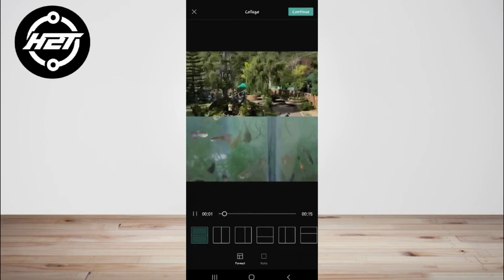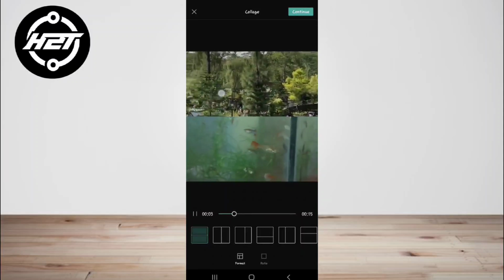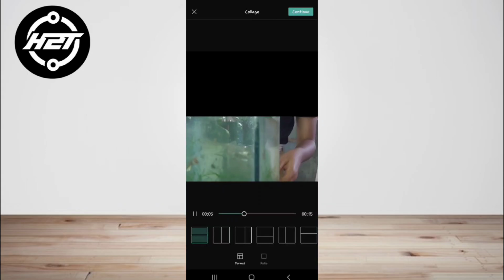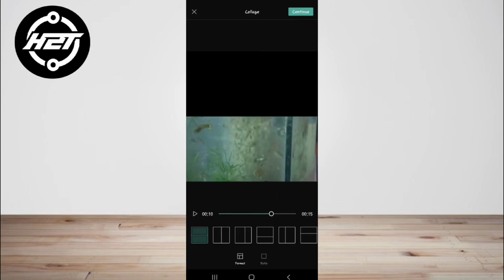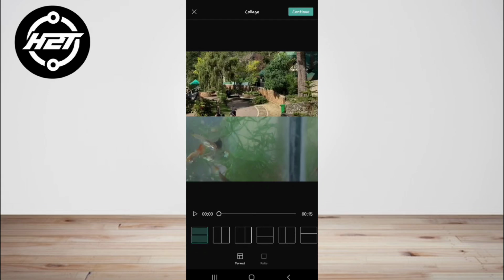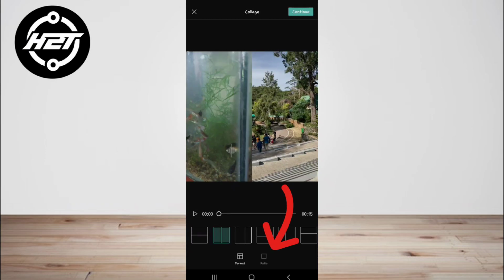After that, long press and drag a clip to adjust its position in the compilation. Navigate to the position on the timeline where the two videos merge. Tap the intersection point to launch the transition window. Tap on the ratio,